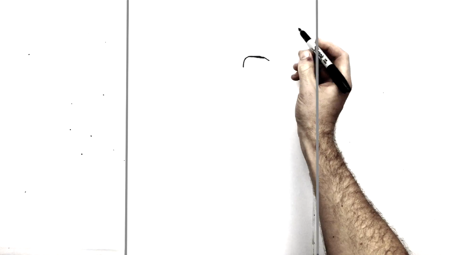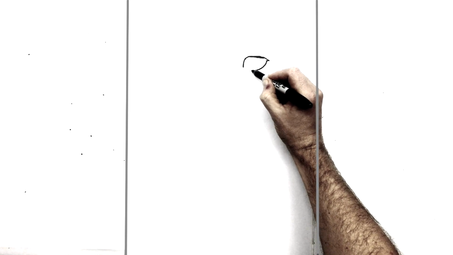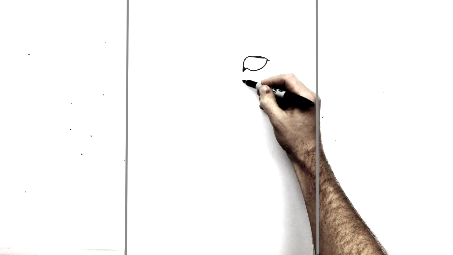This sort of comes down to a point at the side here, and then it's going to come back in like this, and then it's going to go around to here, and then back down like so. And of course this comes all the way down